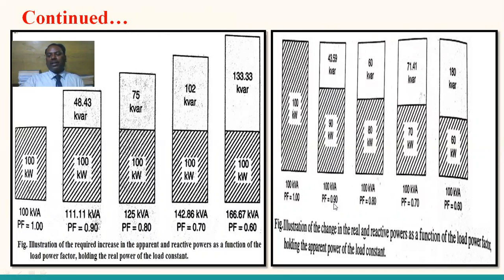with a step variation of 0.1. And from 0.9 onwards the power factor reduces to 0.8 by keeping the apparent power constant. The real power is 80 kilowatts and reactive power is 60 kVAr. Like that, it is to be reduced. So with these two diagrams, we can observe that there is a possibility of changing the real and reactive powers by keeping one power constant and changing the power factor.